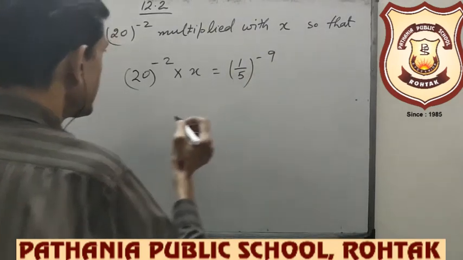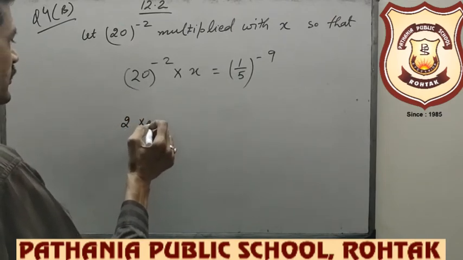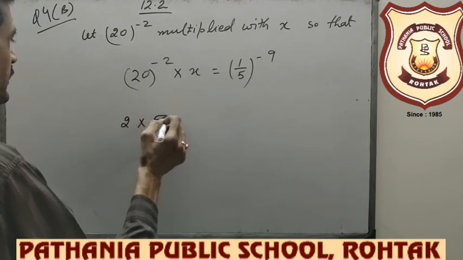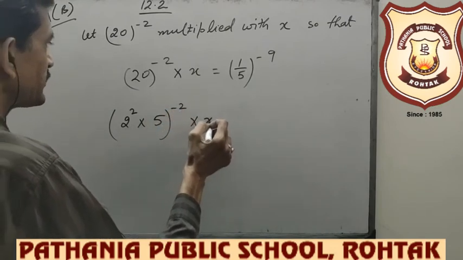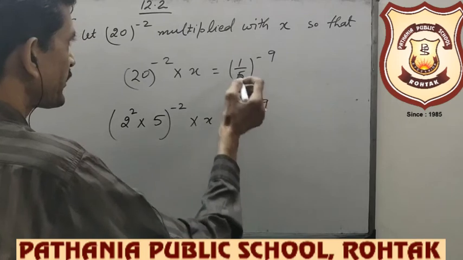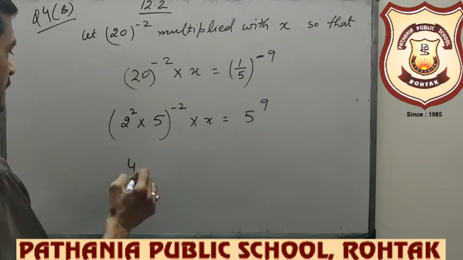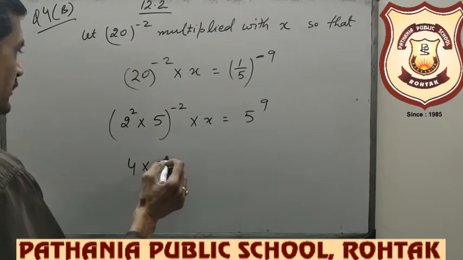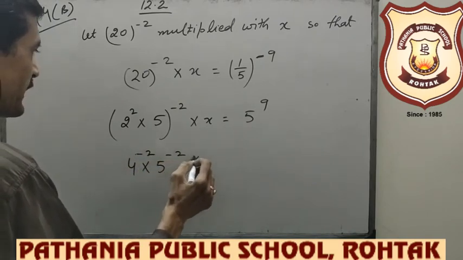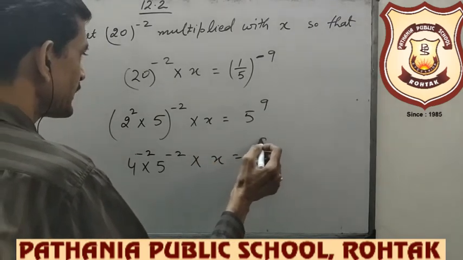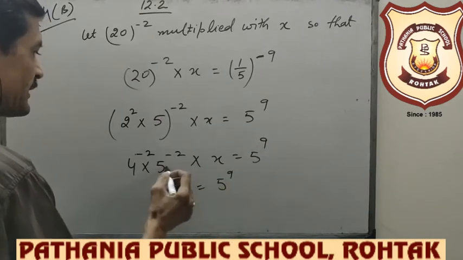-9। तो बेटे क्या हो जाएगा, ये 20 को चेंज करो, प्राइम फैक्टर ऑफ 20, 2 into 2 = 4, 4 into 5 = 20, 2 into 2 raised to the power 2 into 5 raised to the power -2, और ये क्या हो जाएगा 5 raised to the power 9, माइनस पावर है ना, तो टेक द रेसिप्रोकल। नाउ व्हाट इट इज 4 raised to the power -2 और 5 raised to the power -2 into x इज इक्वल टू 5 raised to the power 9।